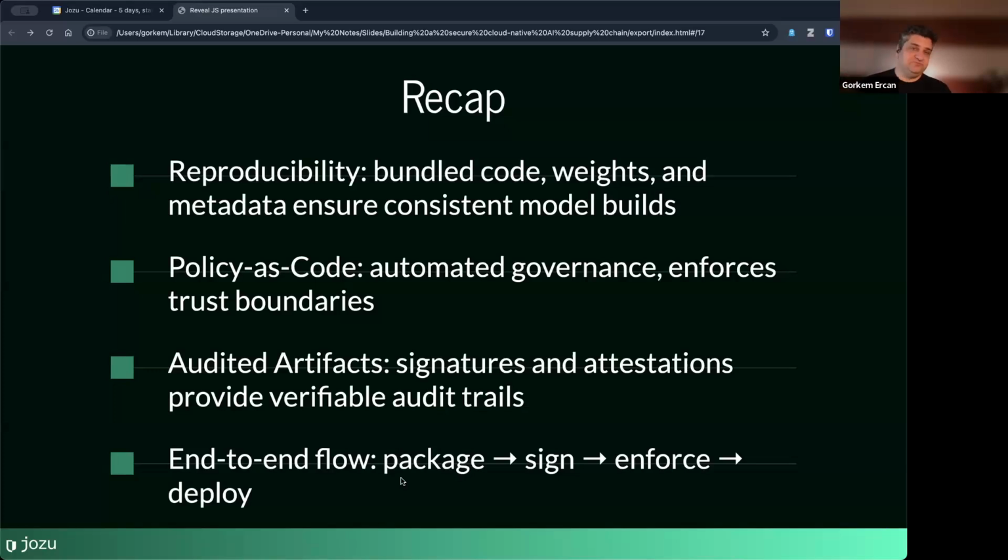And of course, the end-to-end flow: you train the model, you package it, sign it, enforce anything that you need to enforce. If you want to enforce signed ModelKits, or certain attestations, enforce that, and then deploy that to production.